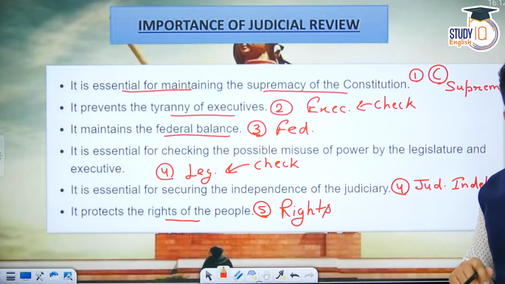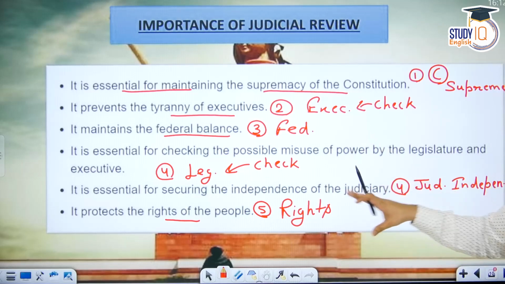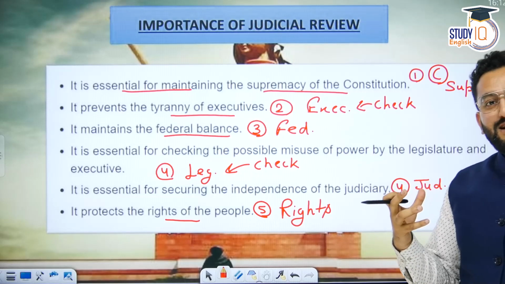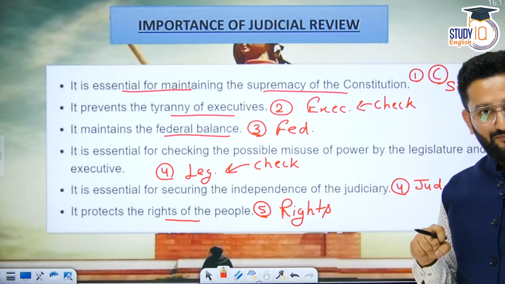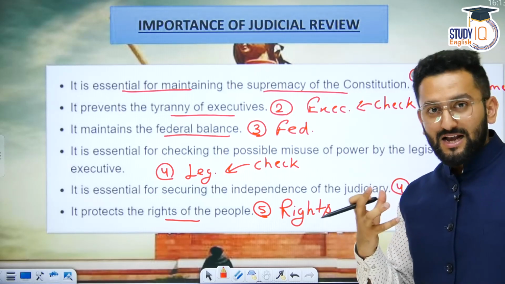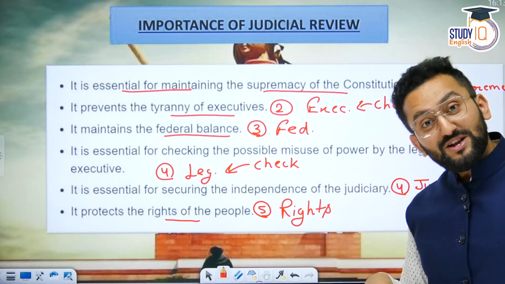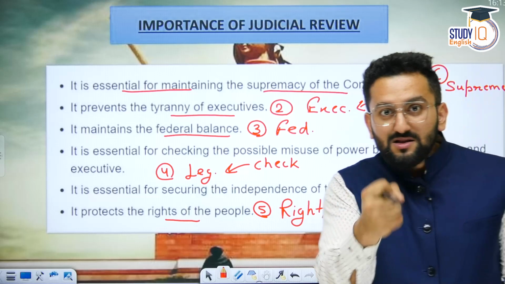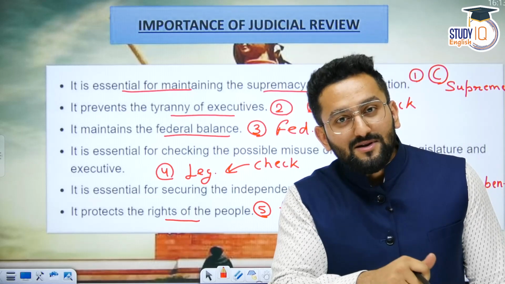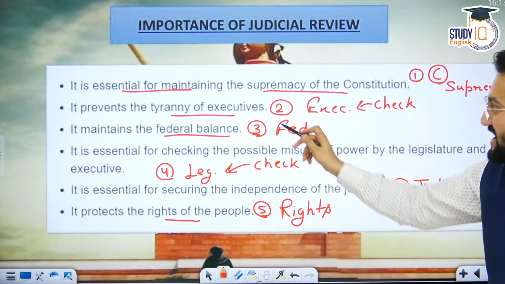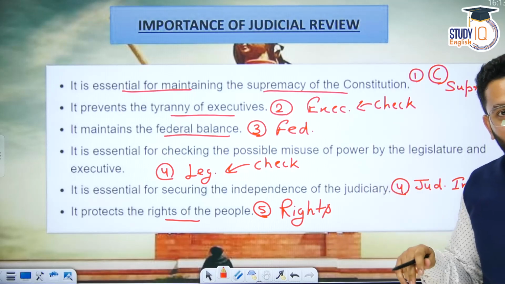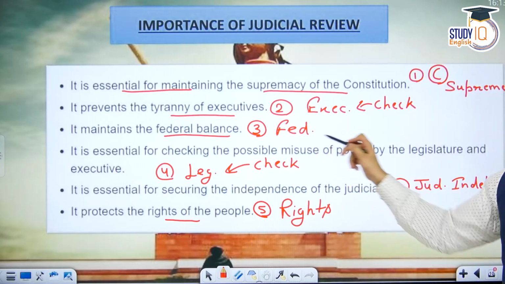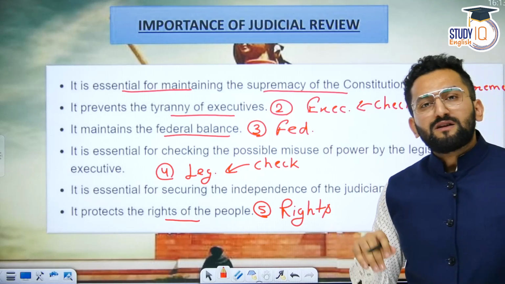Now, importance. What is the importance of judicial review? So you can remember these points. Number 1, it upholds the supremacy of the Constitution. This country should be run as per the Constitution. And who is going to ensure that? Judiciary can ensure that, but judiciary needs some tool, some power, some weapon. And that weapon is judicial review. Then, to keep a check if the executive is turning into a tyrant, right? To balance federalism.